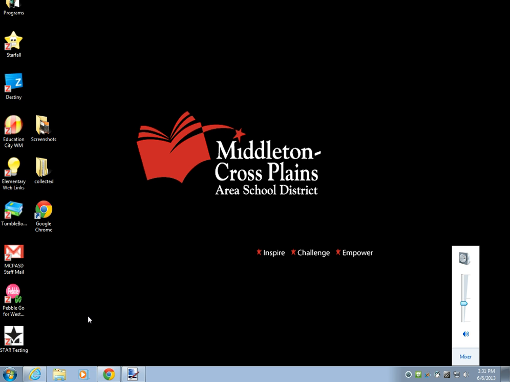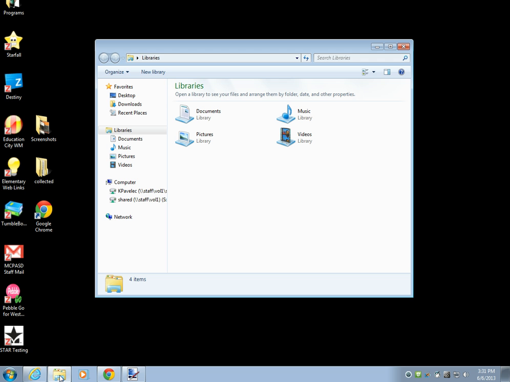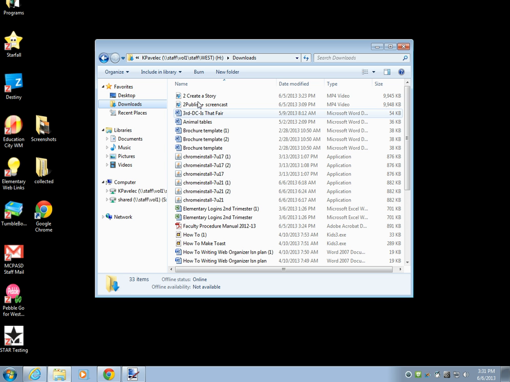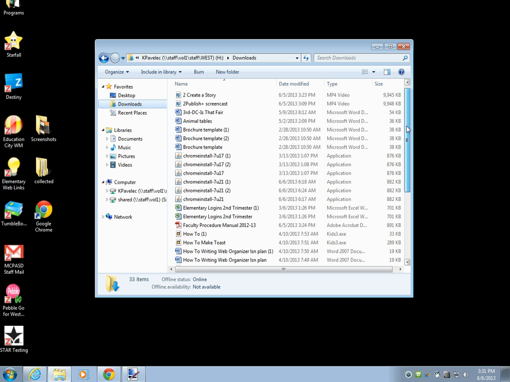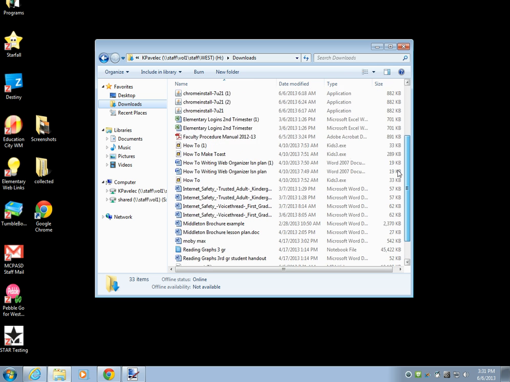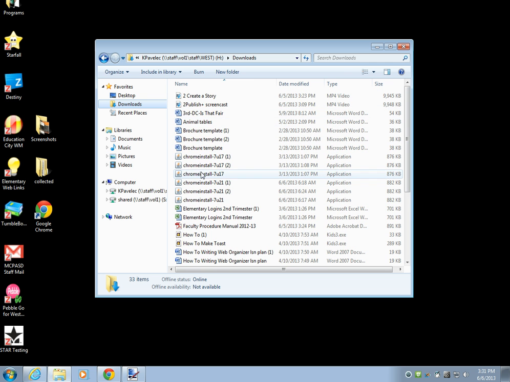Next, let's move into saving. To get to your folder where you've saved most of your things, I would suggest using the folder at the very bottom. When you click on it, you're going to have all sorts of menu options over on the left-hand side. If you're downloading something from the internet, one place that you're going to always want to look first is the Downloads folder. If I click on this folder, you're going to see that I have certainly downloaded plenty of things that probably at some point will need to be deleted, but for right now,